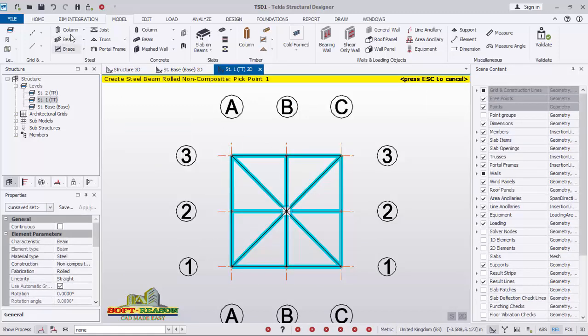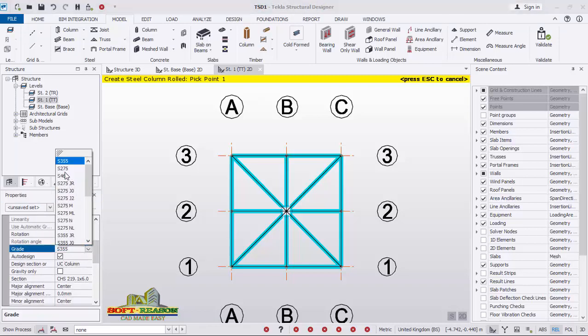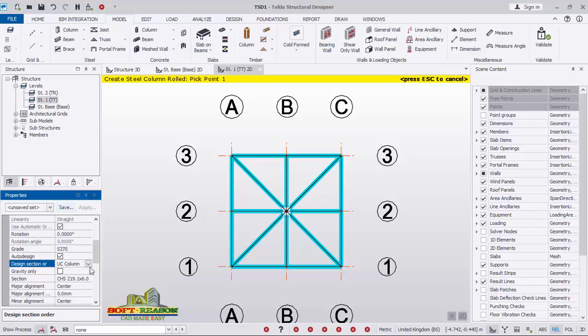Click on columns. I want to be creating a kind of railing which is going to connect the TT level to the anti-arrow level. You can see it right there. So I will scroll down and then make some necessary changes. Alright, the steel grade, I'll change it to 275, and for the columns, I'll be considering